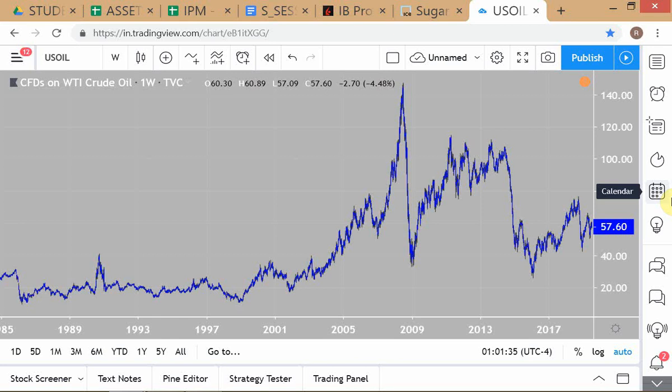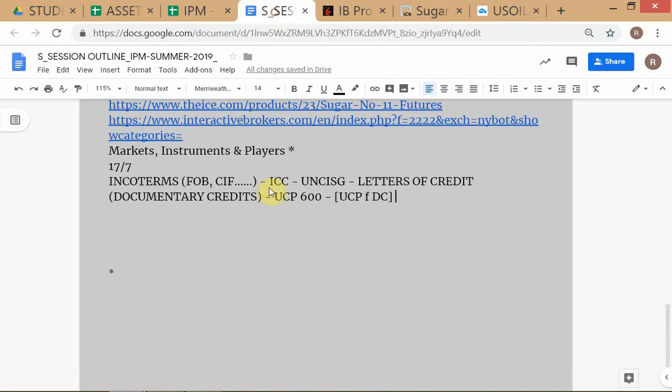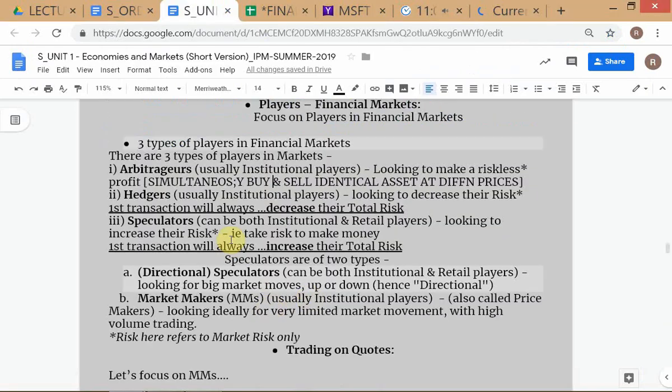You'll see later on why I've said first transaction, because later on you can always buy back if you feel that oil prices are going to go higher. You can buy back some of those 30 million barrels that you sold. That's more complicated, and we're not going to get into that. That's why I've said first transaction. We'll see the importance of the definition later on, but this is a good way to remember: hedgers will always be reducing their risk, if we forget about the dynamic management of the hedge position. But hedgers, at least in the first transaction, should reduce their risk.